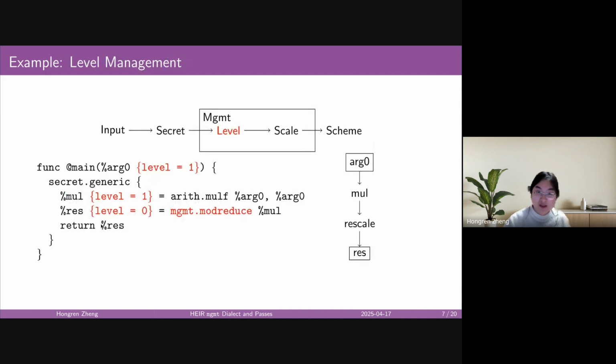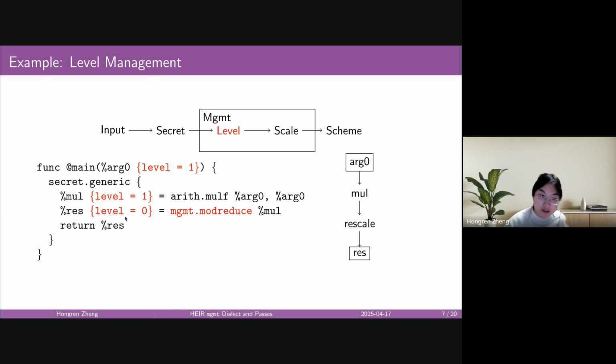Now, the management will come into play and say, okay, we need all the ciphertext properties like the level and scale. The first pass will determine the level and manage it. It will insert a mod reduce for the multiplication, and it will determine all the levels. For example, the input argument has a level of 1, and the result has a level of 0.